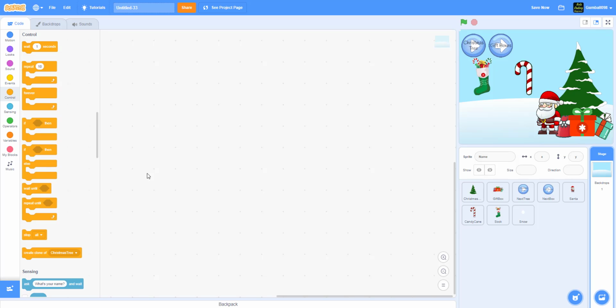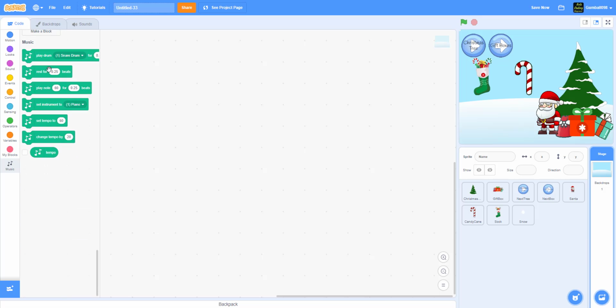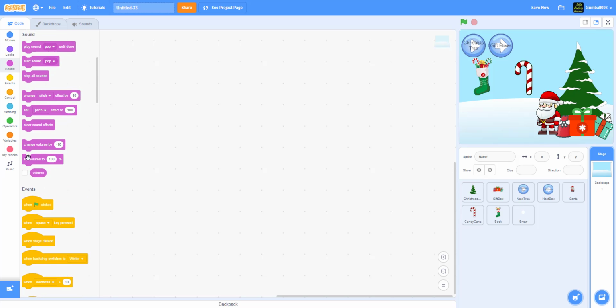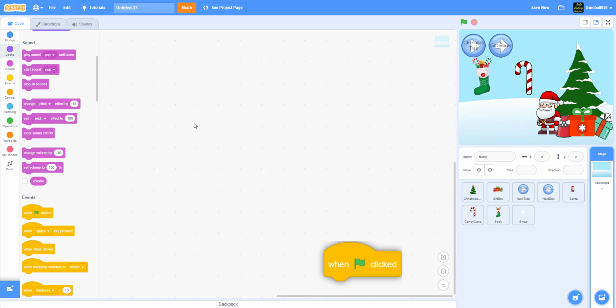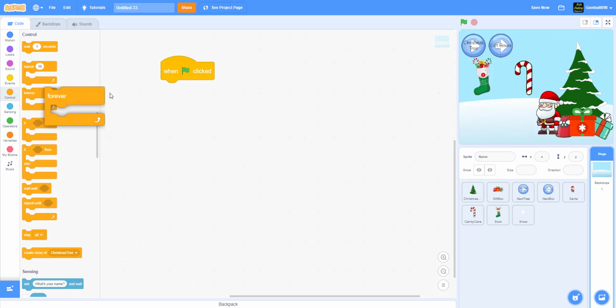When the green flag is clicked for music, we've got to add the extension. So there's music, pen, video sensing, text to speech, Makey Makey. I've used most of all of these. The music should be really simple. It takes a lot of time to do, but it's pretty simple and easy to code. Do it in the backdrop because it can play sounds. So go forever, play note